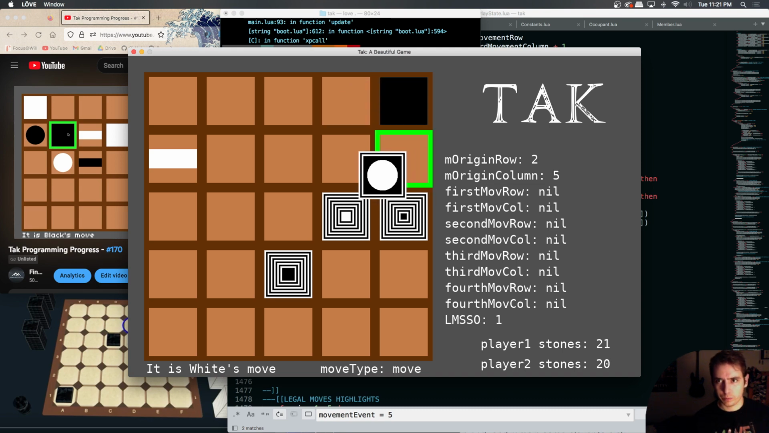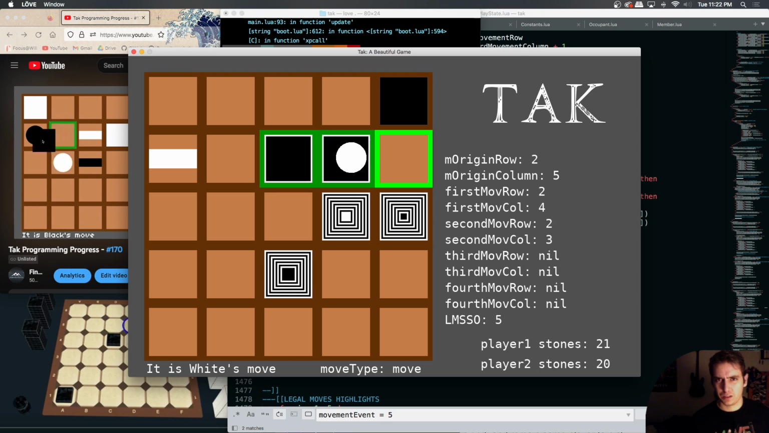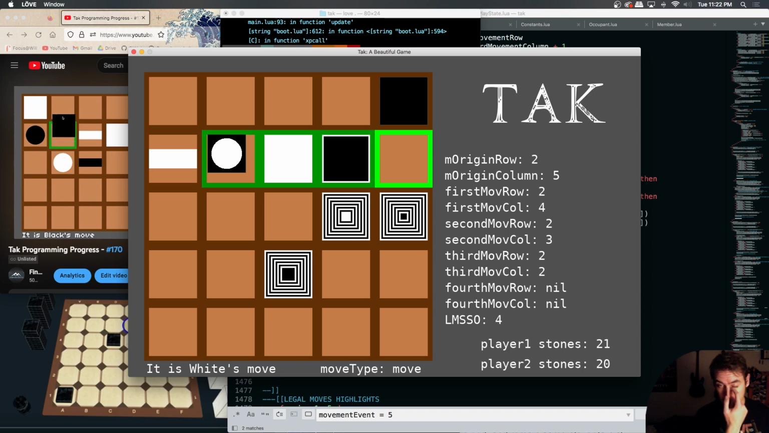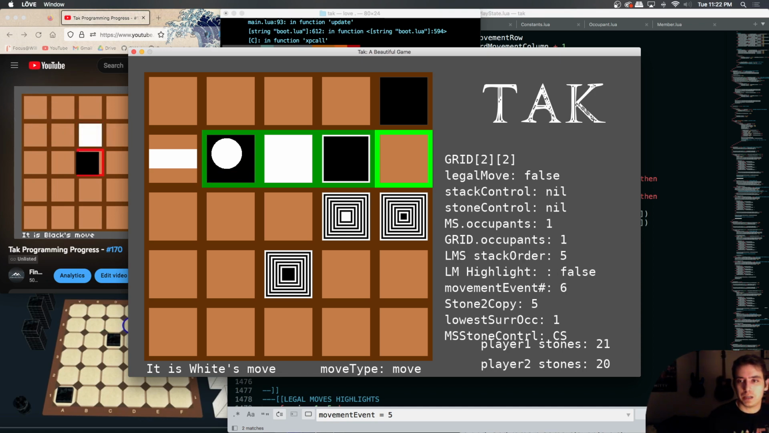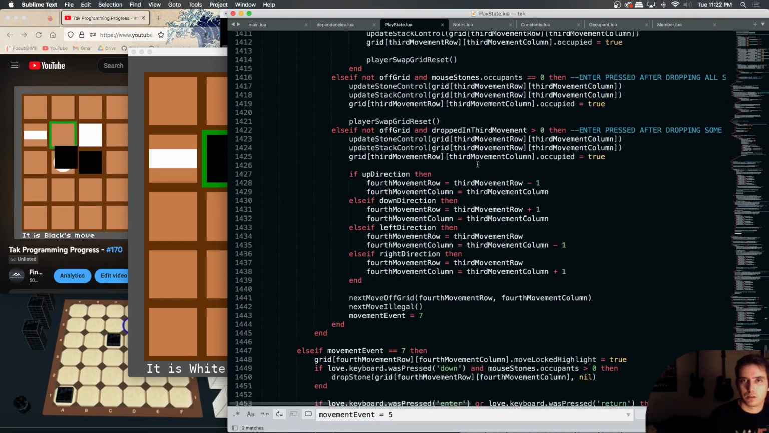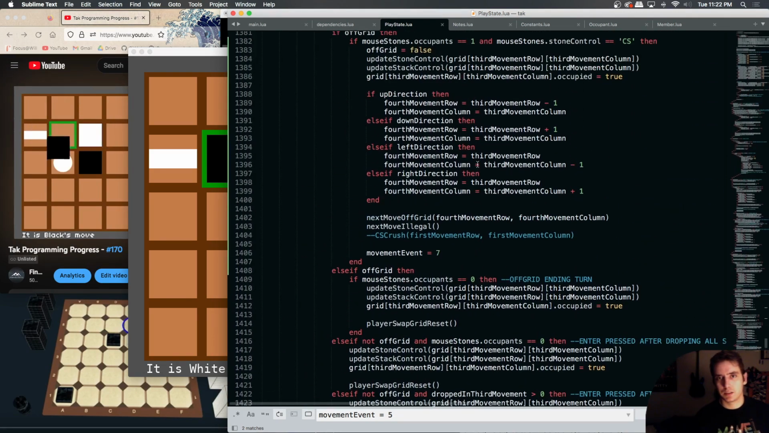So if we look at our movement, this is our first movement, second movement, third movement. So our 4th movement would be all the way across the board. So now in a movement event 6, so this is a movement event 6 we're talking about here. In a movement event 6,